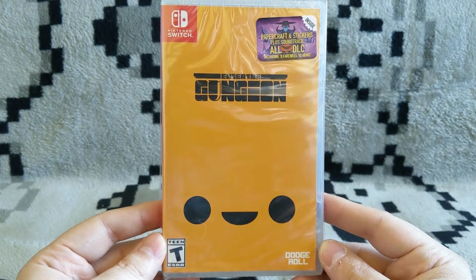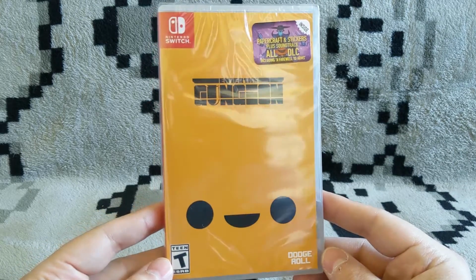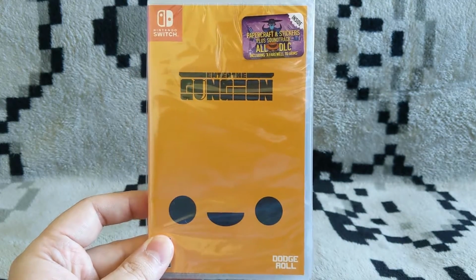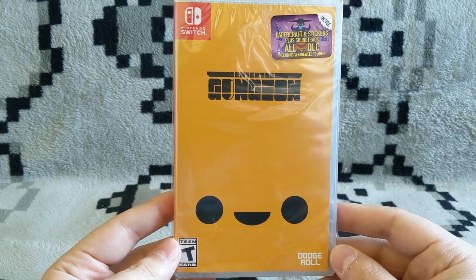Today we are looking at Enter the Gungeon from Dodge Roll. This indie hit has been available on multiple platforms for a while now, but it just got a physical edition for the Nintendo Switch. This special release comes courtesy of Devolver Digital and Special Reserve Games, so let's go ahead and